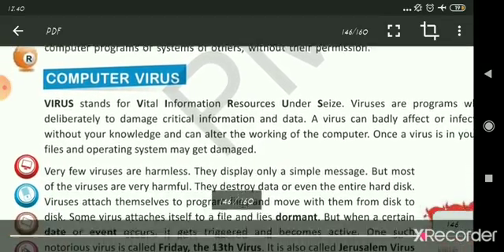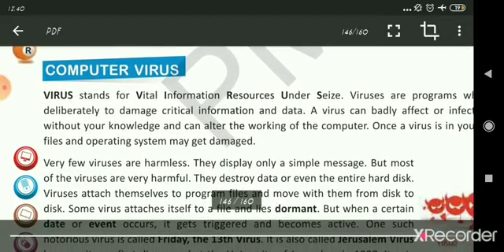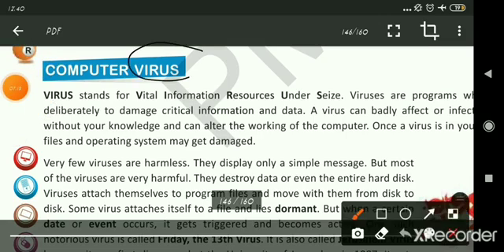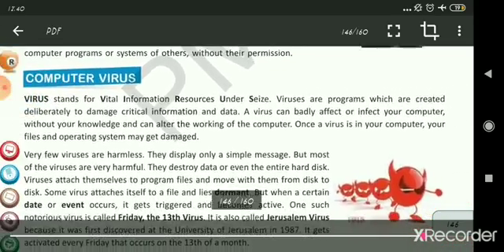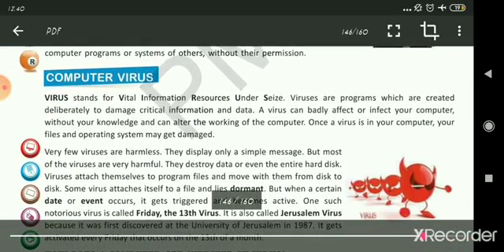Now, next topic, computer virus. So, what is virus? Virus stands for Vital Information Resource Under Siege. This is the full form of virus. Viruses are programs which are created deliberately to damage critical information and data.